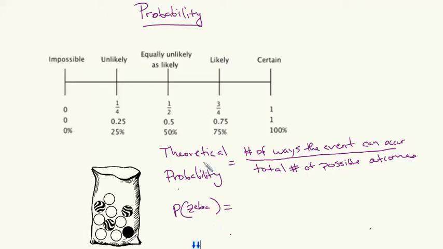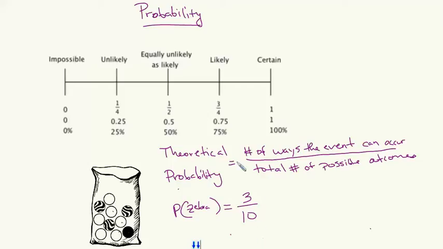All right, so for theoretical probability, we're going to use the number of ways the event can occur. So there are 3 zebra striped marbles. So that means I can choose a zebra striped marble 3 ways, to the total number of possible outcomes. Now, if I count all of my marbles in this bag, I got 1, 2, 3, 4, 5, 6, 7, 8, 9, 10 marbles. So the probability that I'm going to choose a zebra striped marble is 3 over 10,